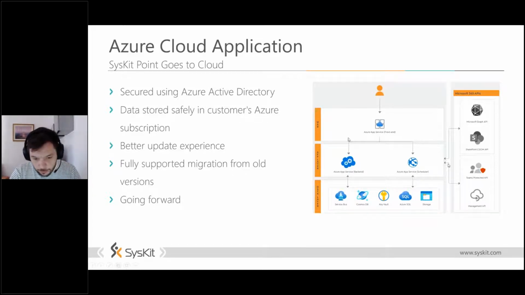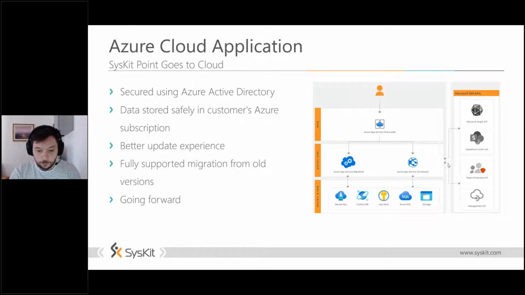Here on the right-hand side, you can see the architecture for our application, and you can notice that we are using all the standard Azure resources. The thing that we tried the hardest around is the security of our infrastructure. It's fully secured in an Azure environment using Azure Active Directory and a lot of this Private Link